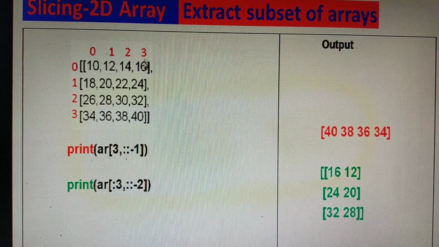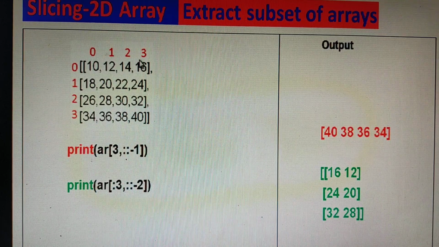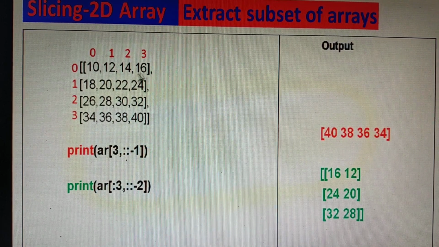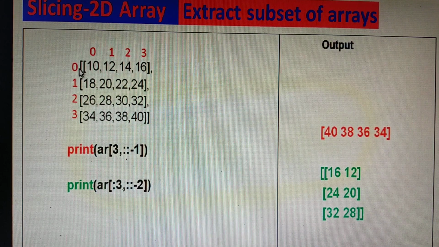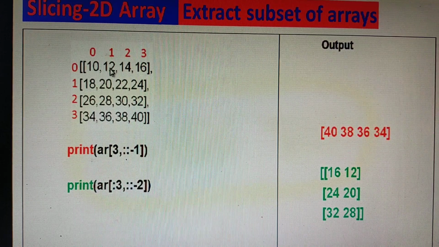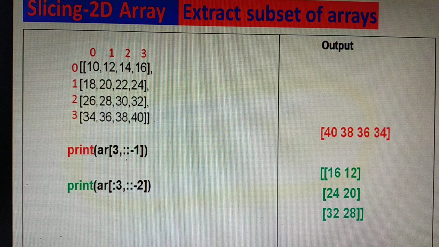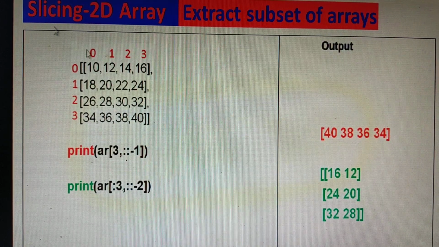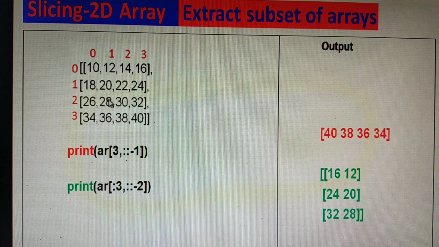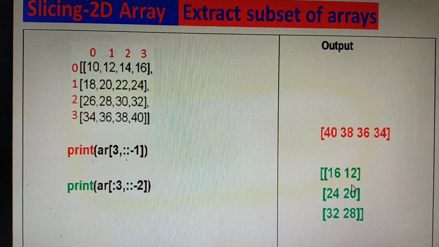And all columns in reverse manner with a step of 2. So 16, 12 from row 0, in reverse manner, then 24 and 20, then 32 and 28. This will be the output of this command.